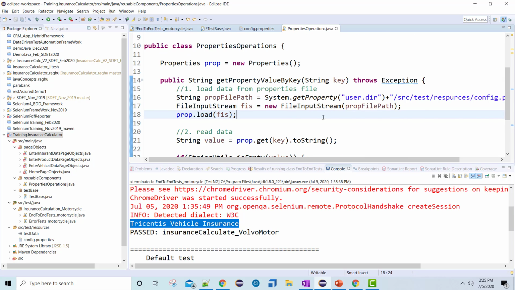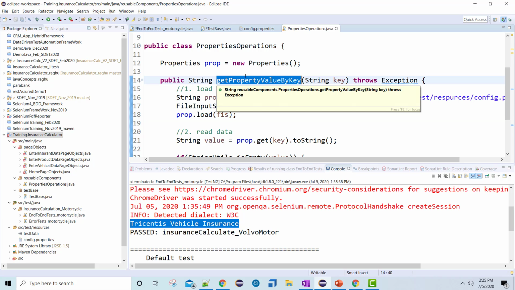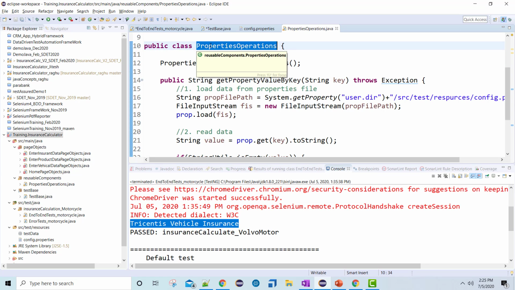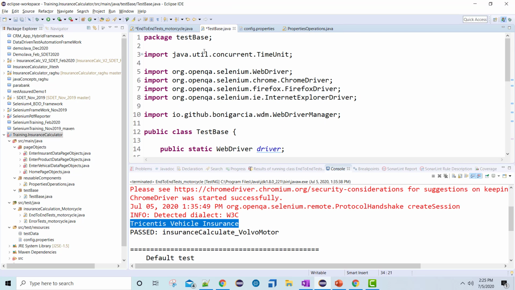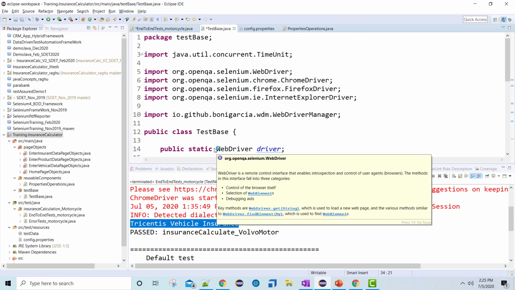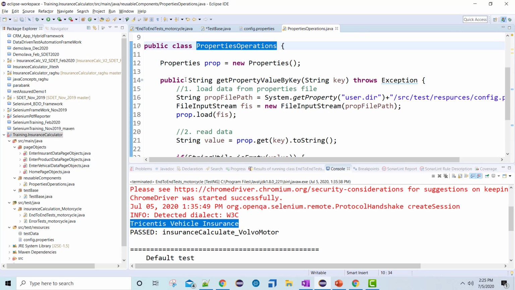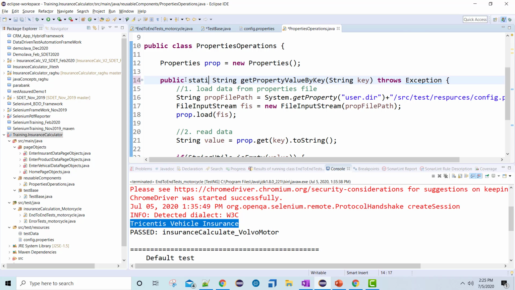So whenever I need any data from the properties file, I'll call this particular method, and to call this method I need to create an object of this particular class. Now since this is a very basic framework, and because we have used this WebDriver as static, I will create this method itself as static.